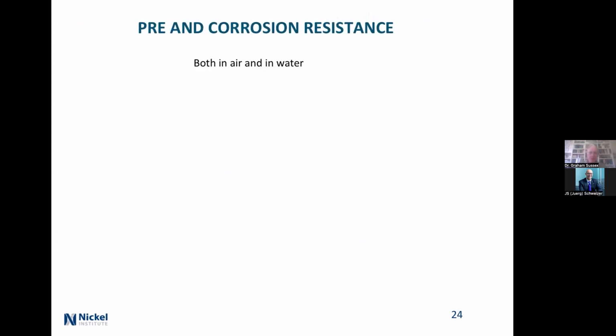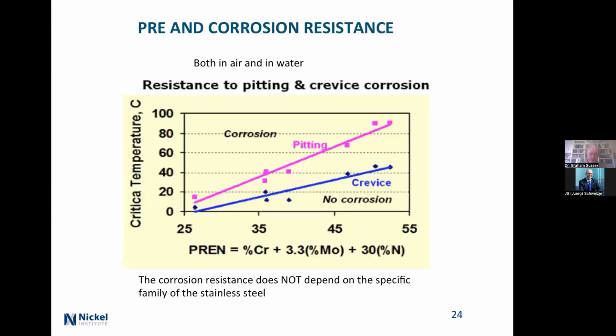Okay, this is a whole lot of data, plotting PRE across the bottom and critical temperature. This is a test in a solution of either ferric chloride or 3% sodium chloride. It's not environmental conditions, but look at what happens with crevices. You don't get the same amount of high temperature thing for a given alloy. Okay, so 316 is down here. This is a duplex. This is super duplex, going to be up here, and you're going up to really high alloys there.